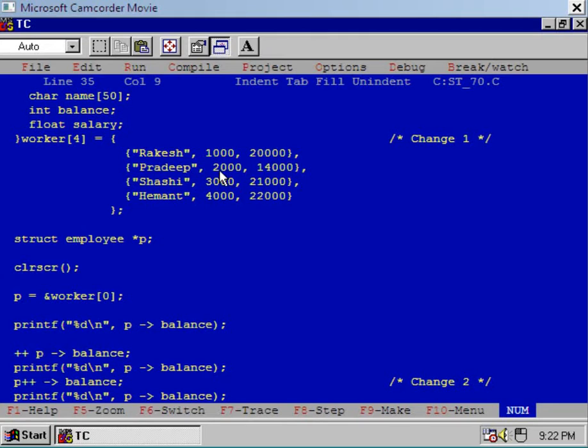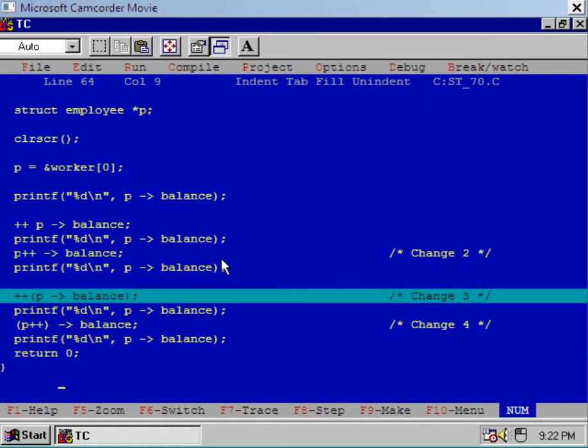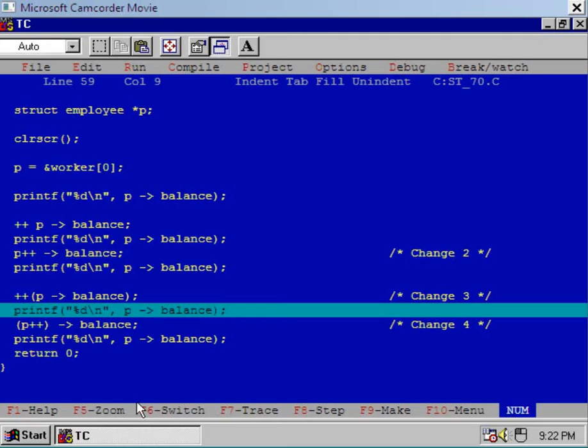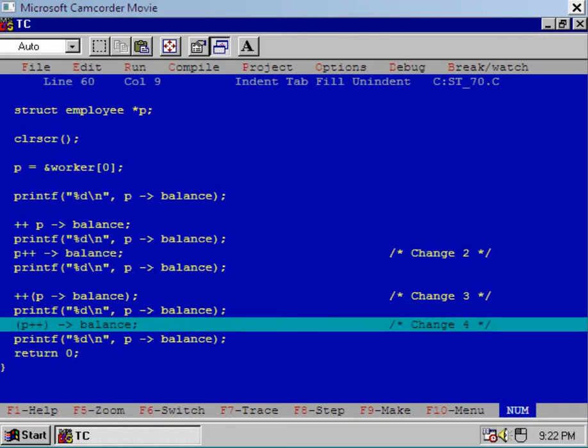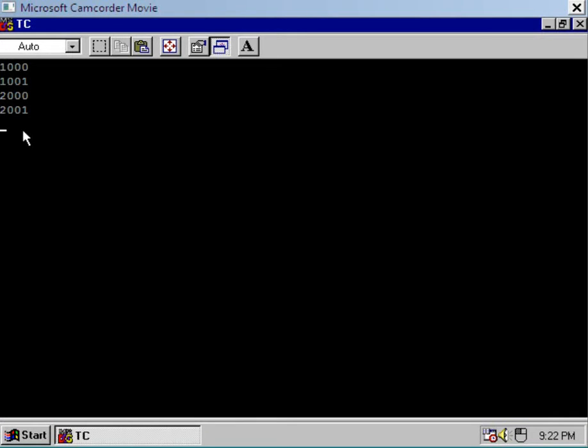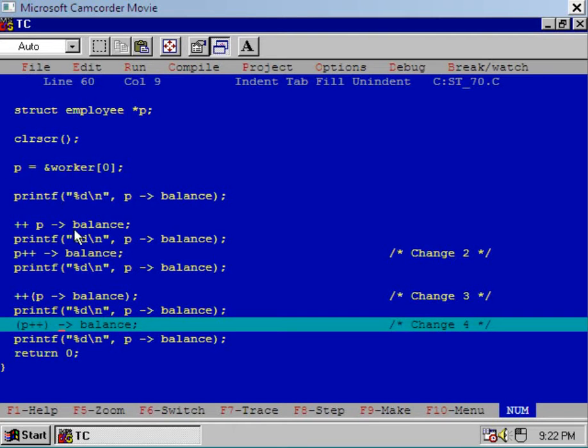Let us execute it, and what should be the answer? Answer is balance will be increased by 1. So 2001 should be displayed at the screen. Execute this statement and see that. Yes, 2001 is displayed over here.